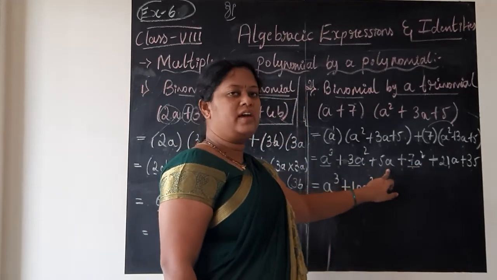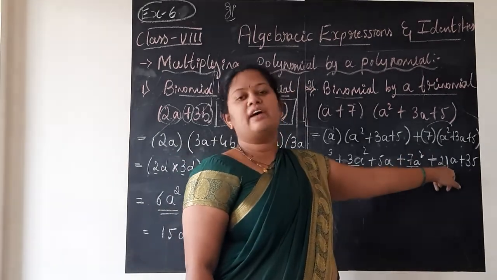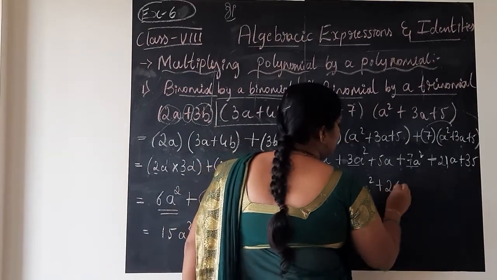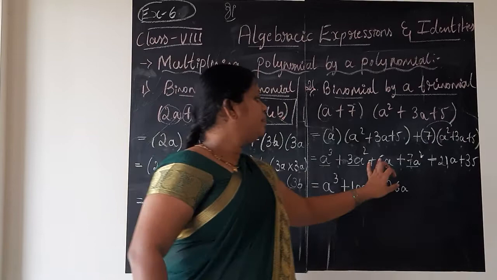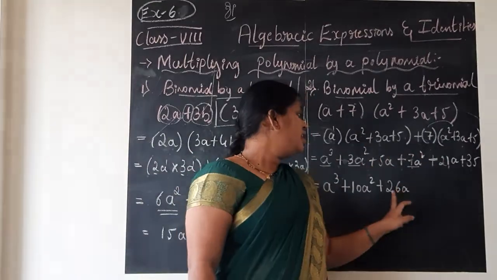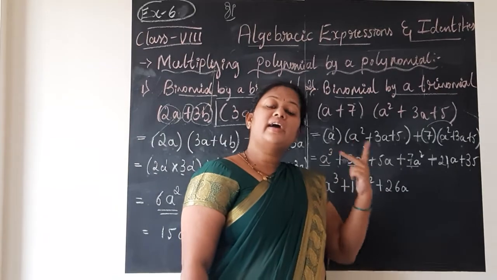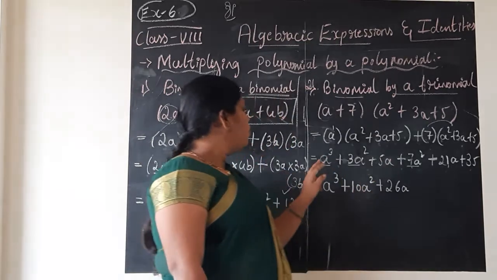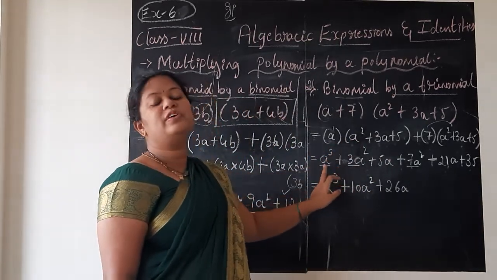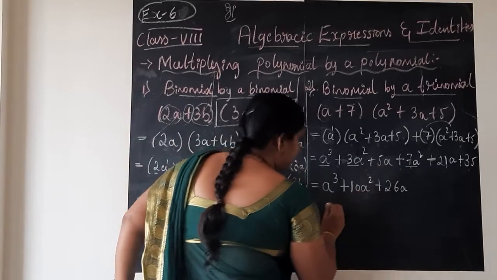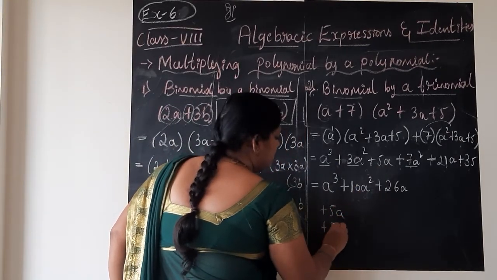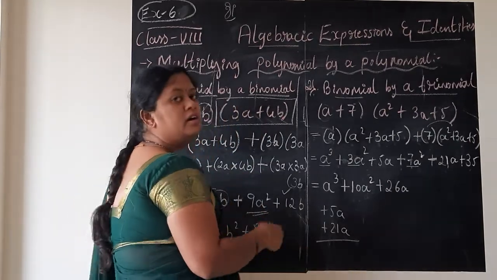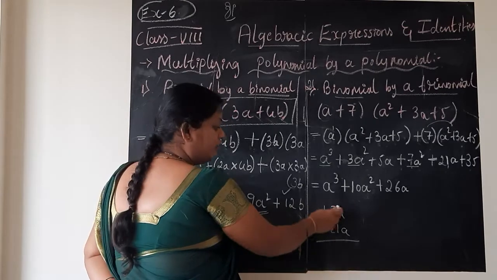Now I am left with 5a. Do I have any term with 5a? Yes, I have, plus 21a. Plus 21 plus 5 is plus 26a. See here, children, plus 5a plus 21a is not 26a square. When you are adding, the variable should be written as it is. Don't add the powers. Only in case of multiplication you will add the powers. See what I did now is, I did this step. Plus 5a plus 21a. Here you have learned addition and subtraction of polynomials. There were you writing a square?